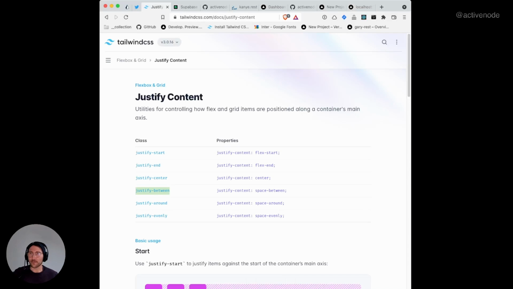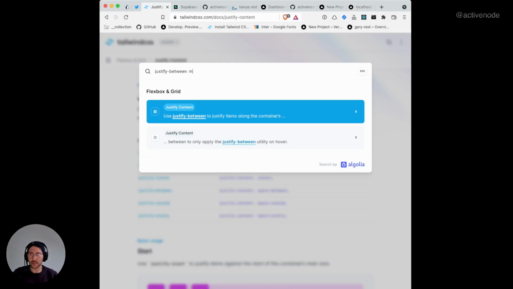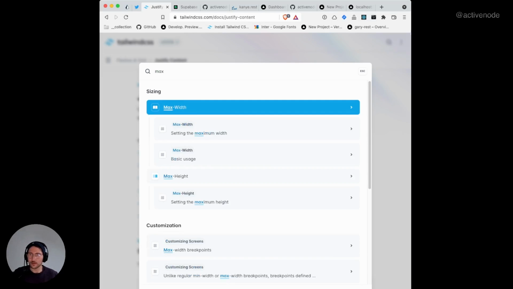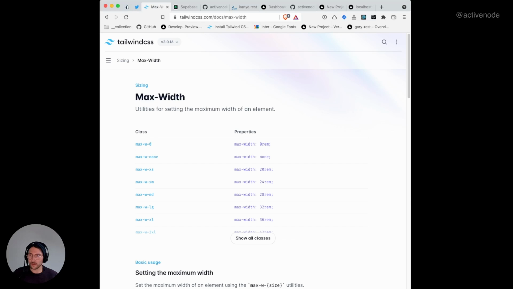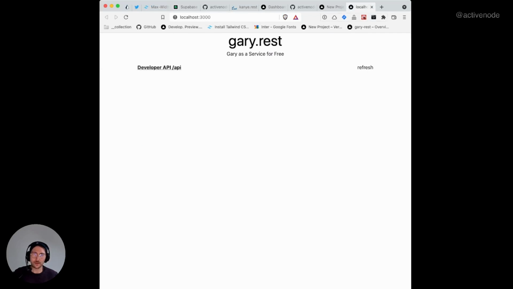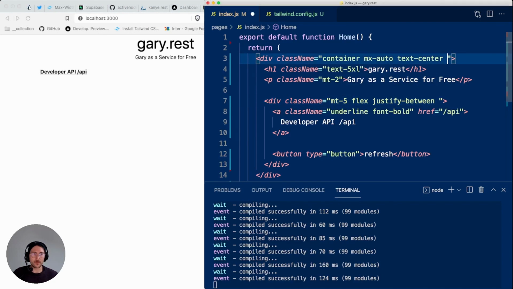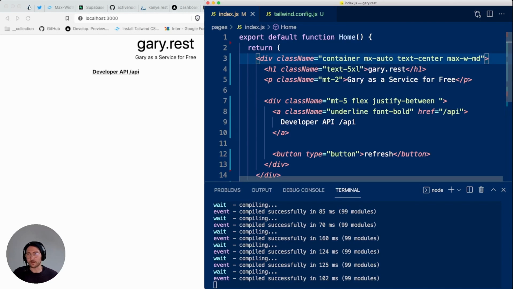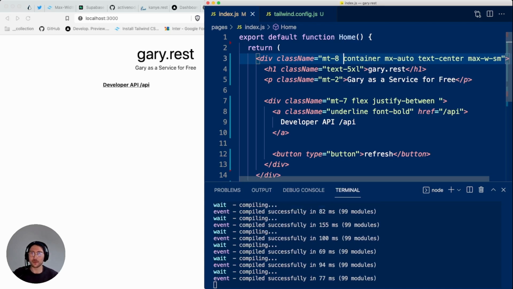So let's check the Tailwind documentation for max width. Okay, and then there's, for example, max-w-md. Maybe that's working fine. Let's see. So the whole container has max-w-md. Yeah, I think that's okay. Maybe we can even work with max-w-sm. Yeah, should be alright, right? And I want a little bit more margin here. And also margin at the very top container. So margin 8. Yeah.